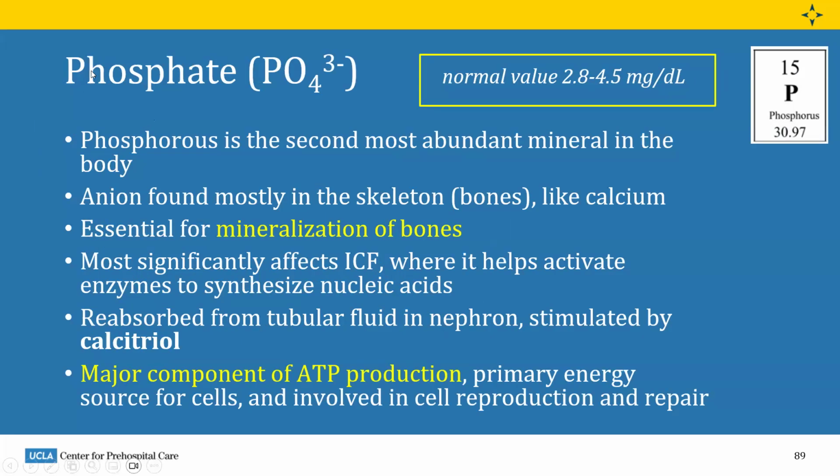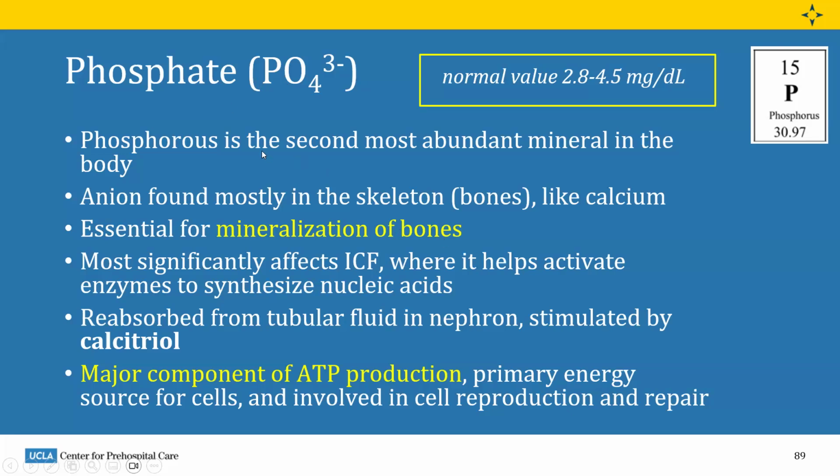Okay, so moving on to phosphate. So phosphate, if you notice, is actually a molecule here that's bound with oxygen. Phosphorus is the atom that's bound with oxygen, so it's one phosphorus to four oxygen, and it has three additional electrons. That's why it has the -3. Okay, so phosphate